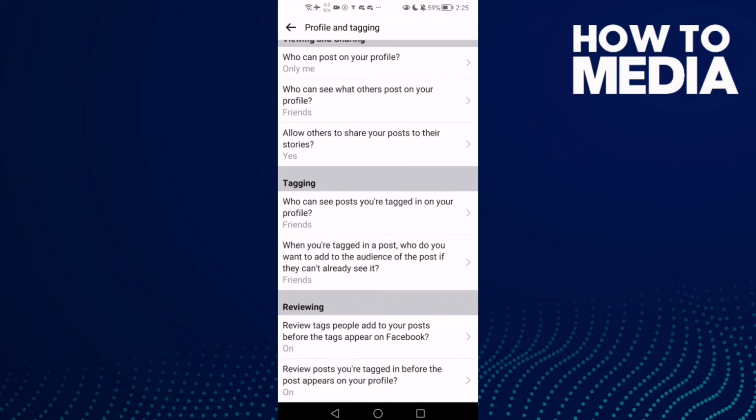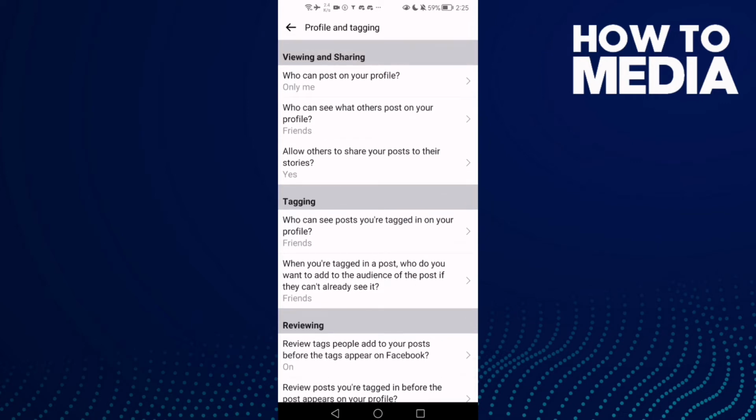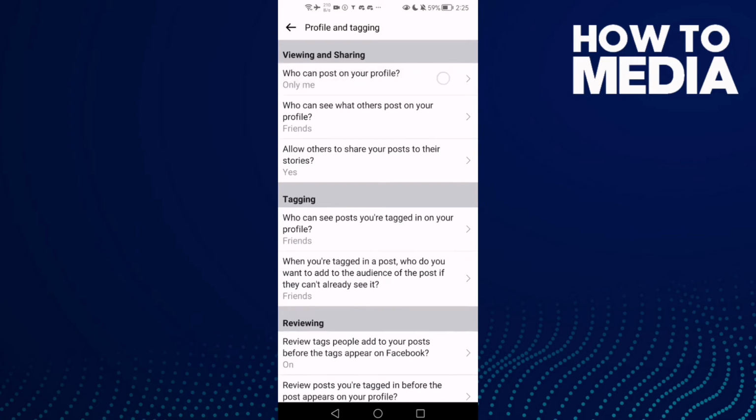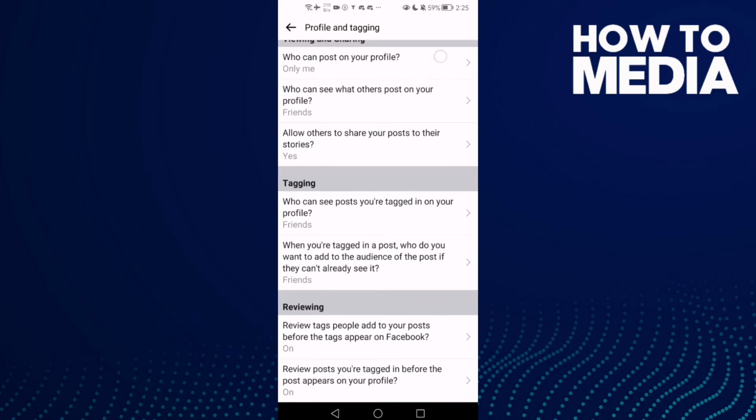Now just click on it, and as you see here you can manage profile and tagging settings on Facebook Lite, like who can post on your profile,